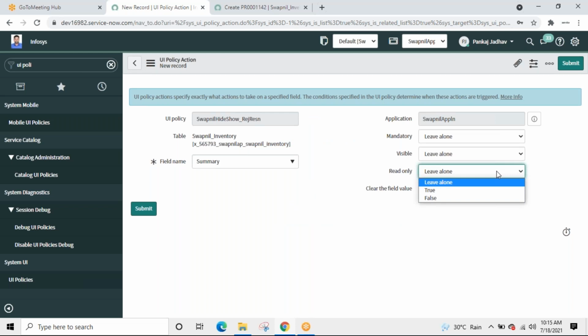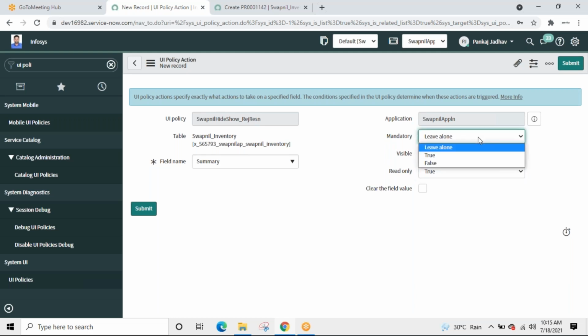I can do that as well. Any field we can set read only. Mandatory, yes, no. Visible, yes, no. Read only.